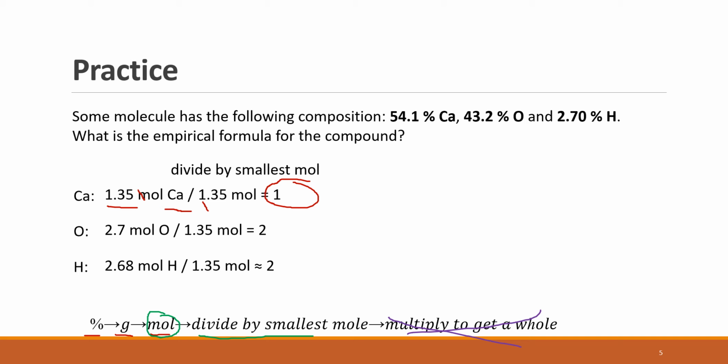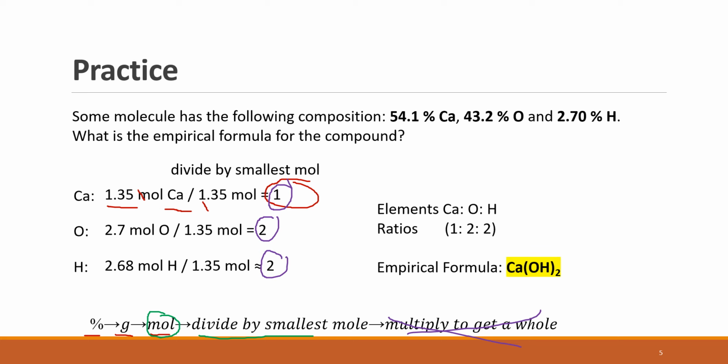So these whole numbers that we have are going to be the subscripts of our empirical formula, meaning we're going to have 1 calcium, 2 oxygens, and 2 hydrogens. So the chemical formula then becomes